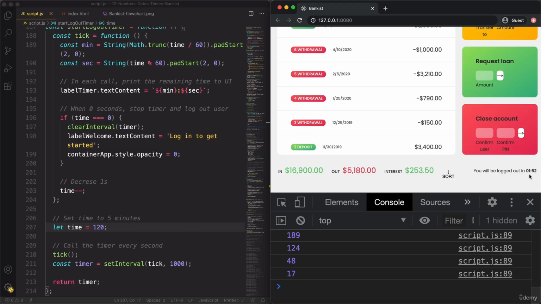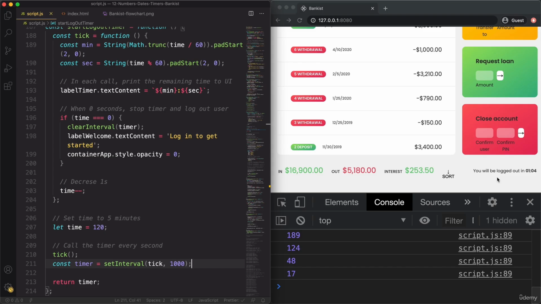Okay. So all this might seem a little bit complicated, I know. But it's all kind of a matter of thinking about what we want our code to do. So all we're doing here is to use all the tools that we already know to basically achieve one goal that we want to achieve, which is in this case, this timer here running and being reset each time that